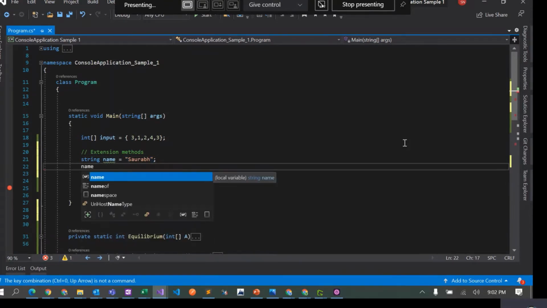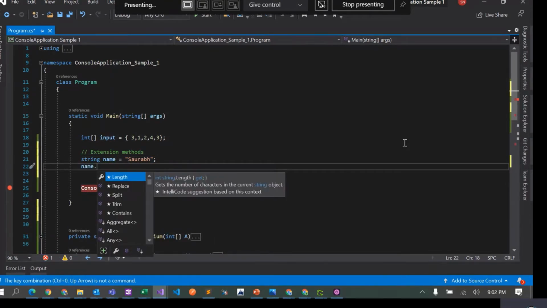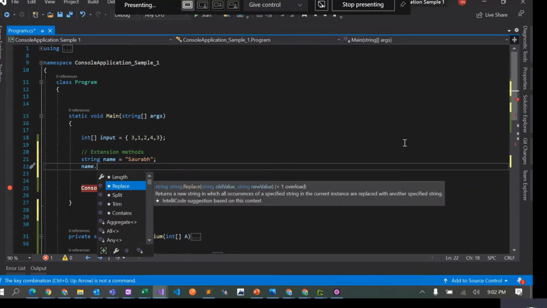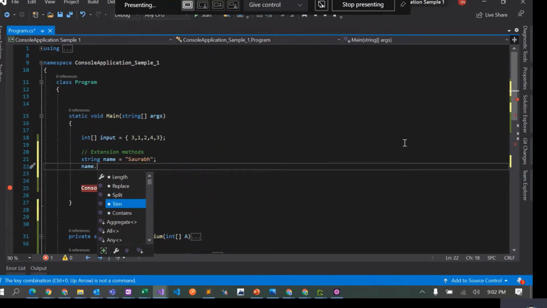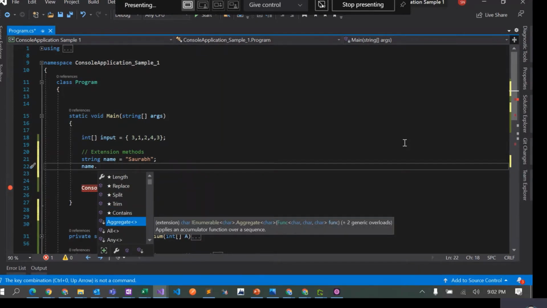So now when I say name dot, length is a property, replace is a method, right? Split is also a method. So for example, aggregate, right? This is one of the examples of an extension method. So extension method is, as the name suggests,